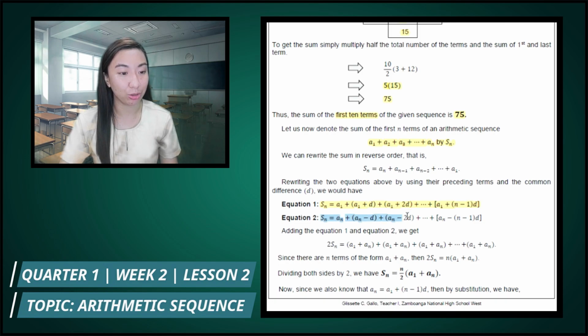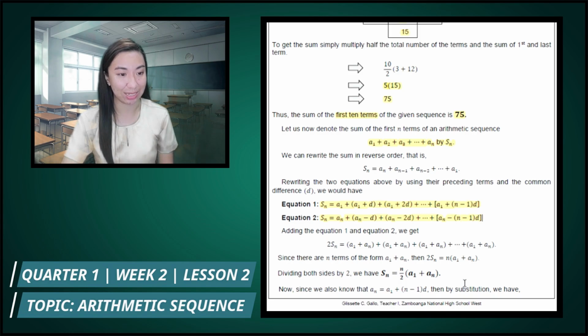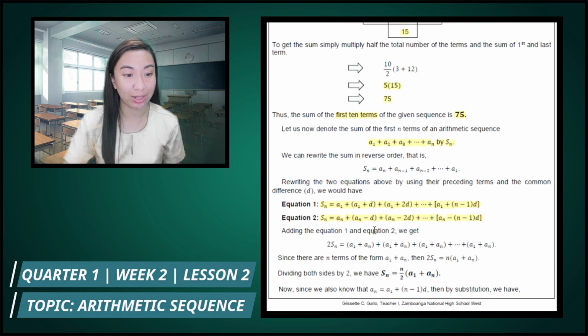And for equation 2, we have s sub n is equal to a sub n plus the quantity of a sub n minus d plus the quantity of a sub n minus 2d plus until the quantity of a sub n minus the quantity of n minus 1 times d. Adding equation 1 and equation 2, we get 2 times s sub n is equal to the quantity of